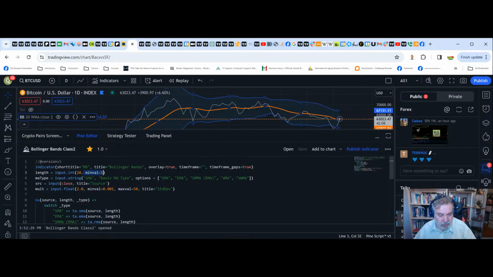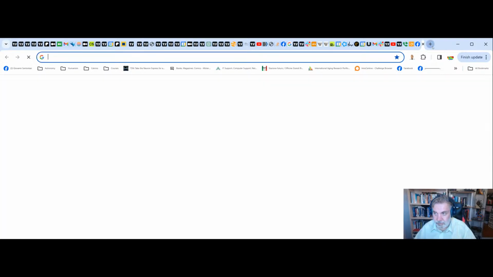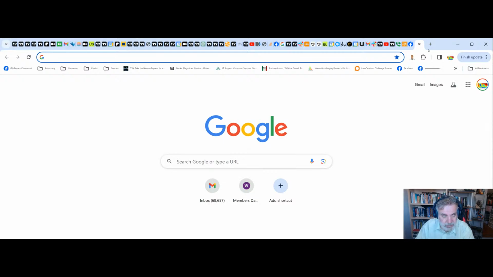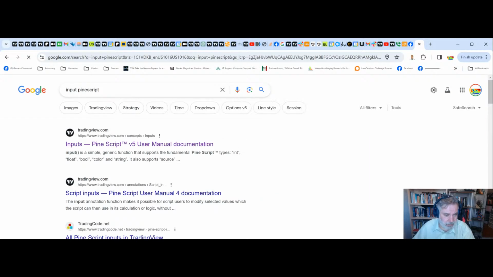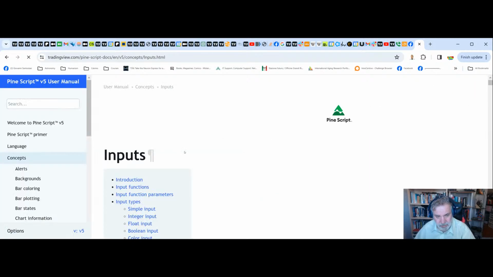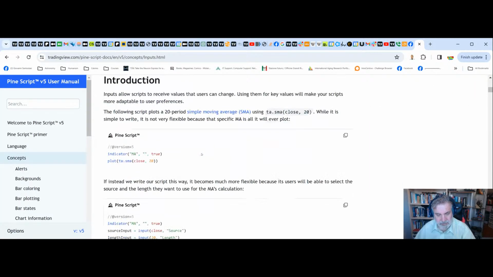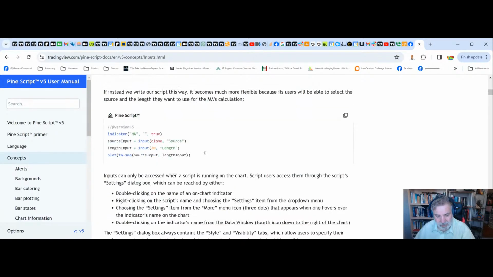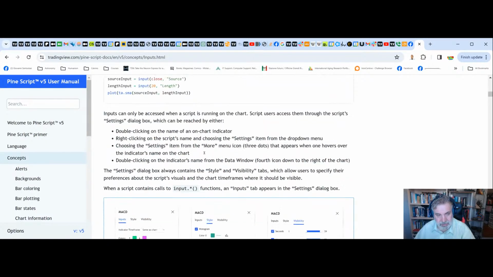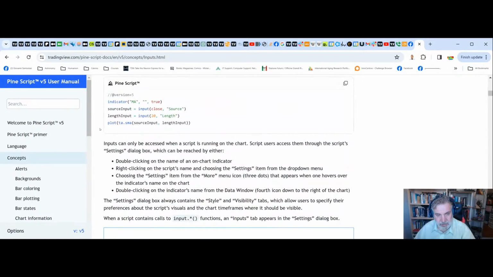You can always go to Google and search for input Pinescript, and then you can go to the manual. Under the manual, there is everything you ever wanted to know about these inputs, and it will tell you. So for example, here you see how they have an example similar to ours, where they